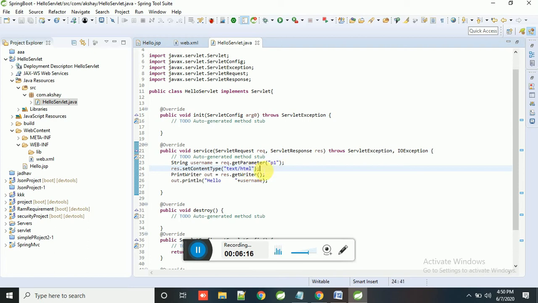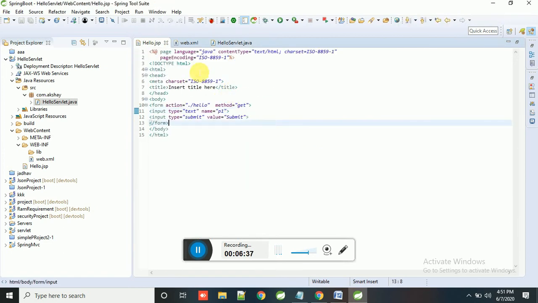I need text/html, so I write that here. And I create a PrintWriter object to write the output into the browser. This is how you handle it inside the servlet.